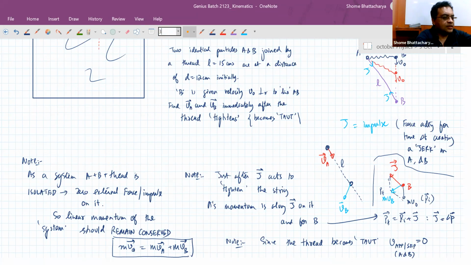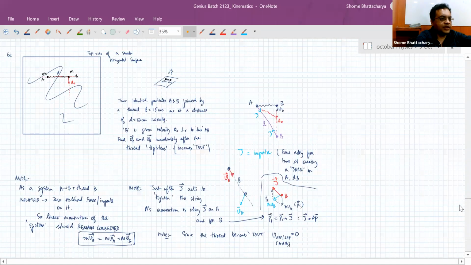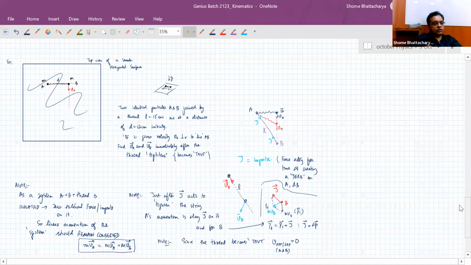Okay, there are actually three things that we are using in the solution of the question. One is the impulse momentum concept individually on A and B, as I've shown you in the first diagram. And before that, the geometry part, that how much distance B travels before the string jerks. And that, as you said correctly, is going to be 9 centimeters. Because the distance between A and B goes from the initial value of 12 centimeters to 15 centimeters, and just at the moment when the distance becomes 15 centimeters, that's when the string jerks, or becomes taut or tightens. Okay. So for that to happen, you can see geometrically.